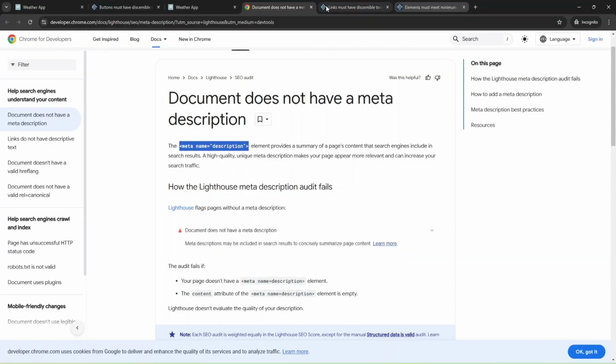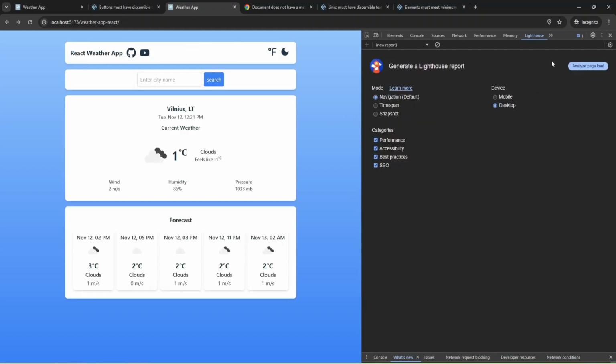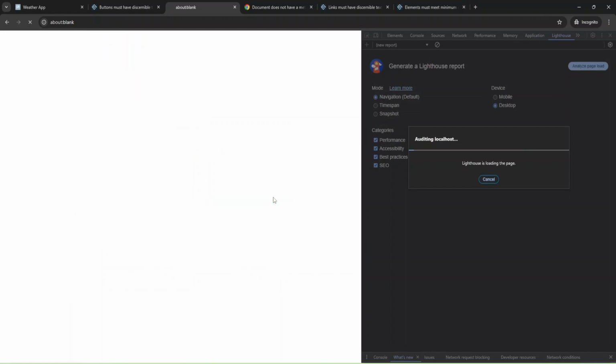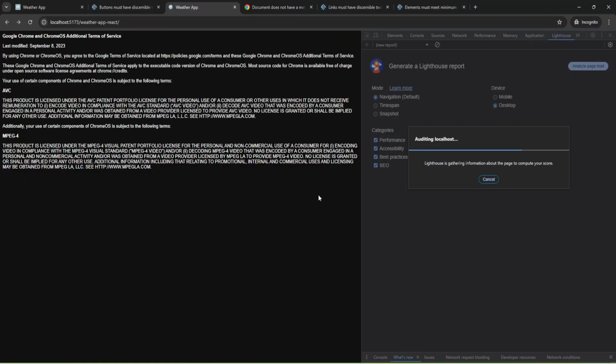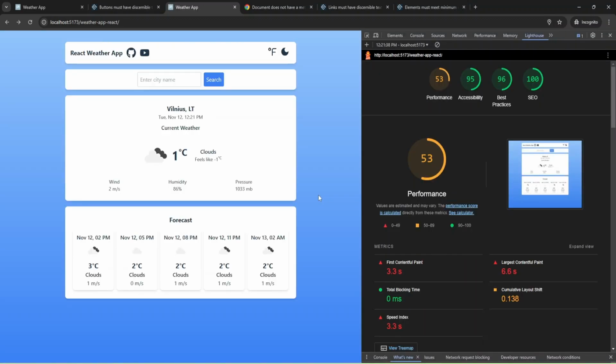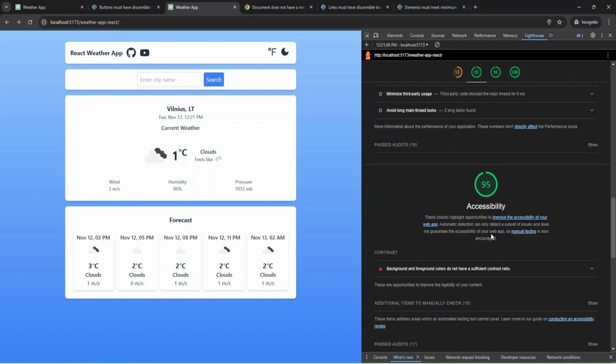And let's check again. I'm going to run a new report, and I need to wait a bit. Okay, and as you can see, now my SEO score is 100, and everything is perfect.